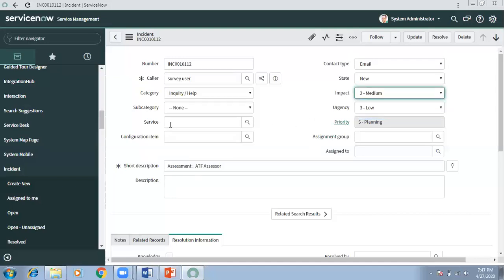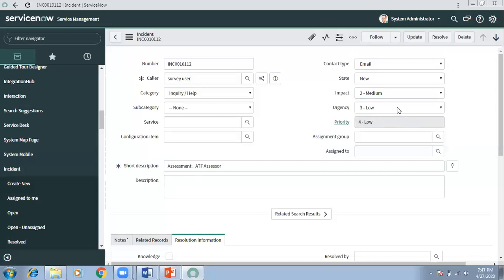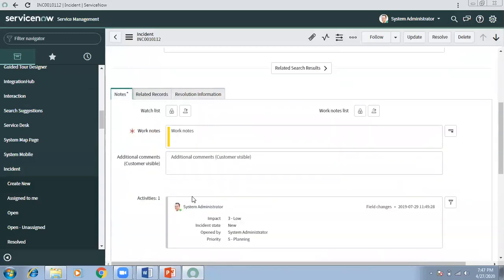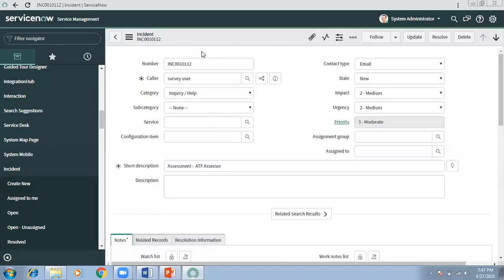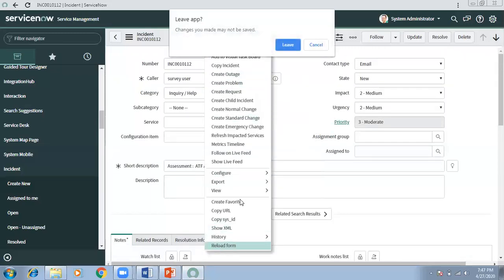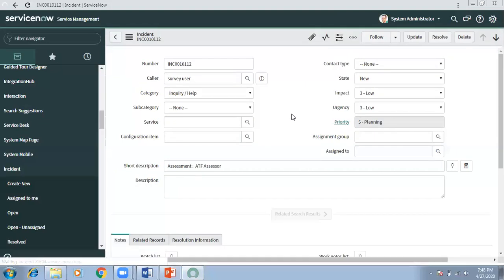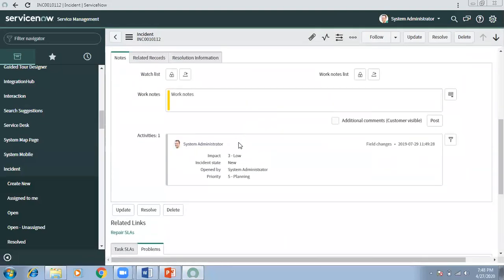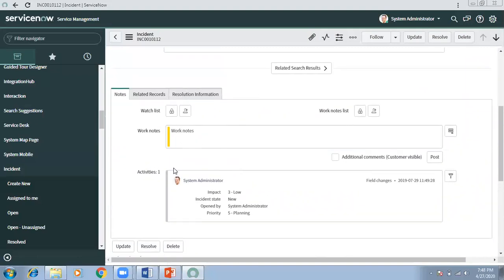Remember I was changing this priority, and the work notes was becoming mandatory. Let me now reload. Is the work note mandatory when the form is presented to you? No. We just reloaded and the form was presented to us. The work note is not mandatory.